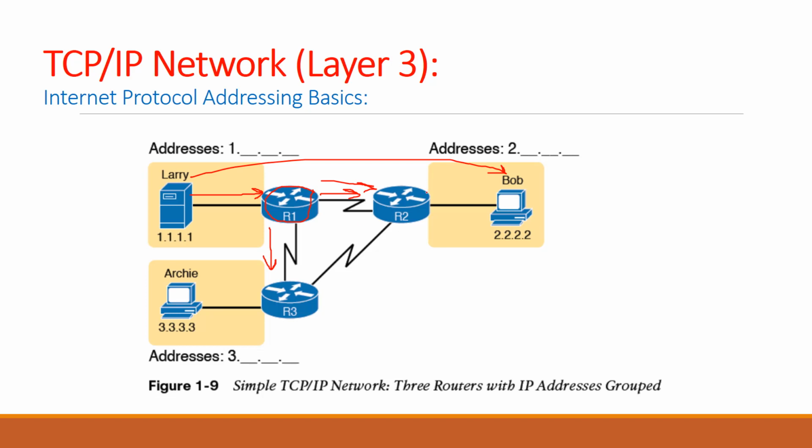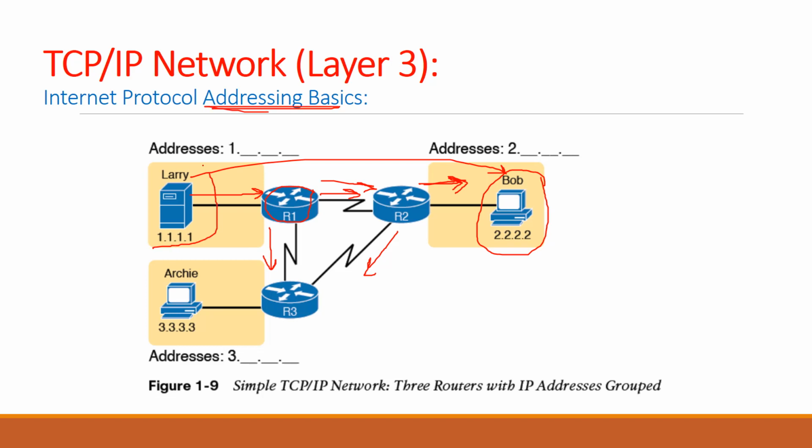Then R2 has two options, either send out of this interface or out of this interface. But based on the routing process that R2 does, it will determine to send the packet out of this interface that goes to Bob. This process is called routing. But there is another thing called addressing,